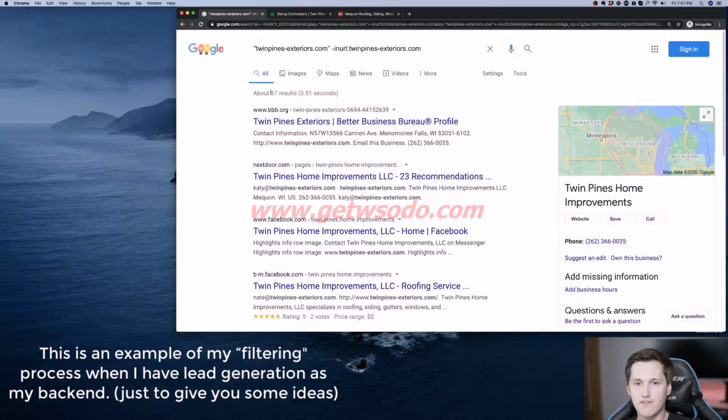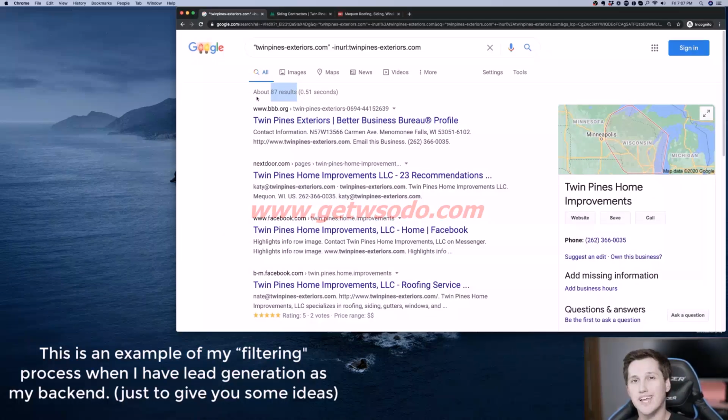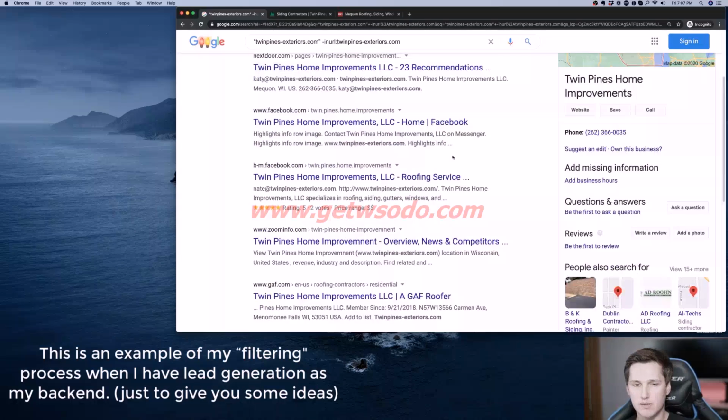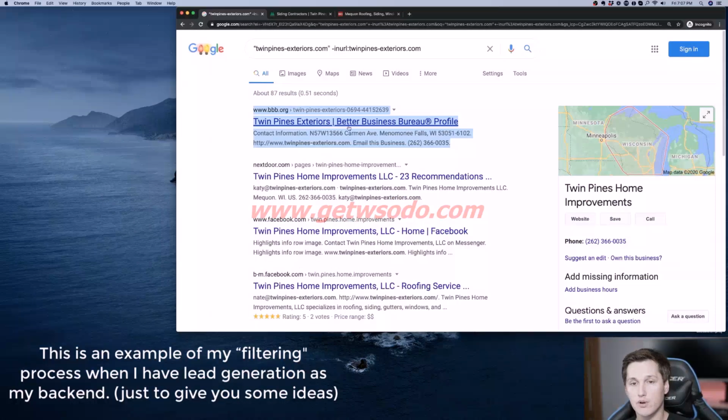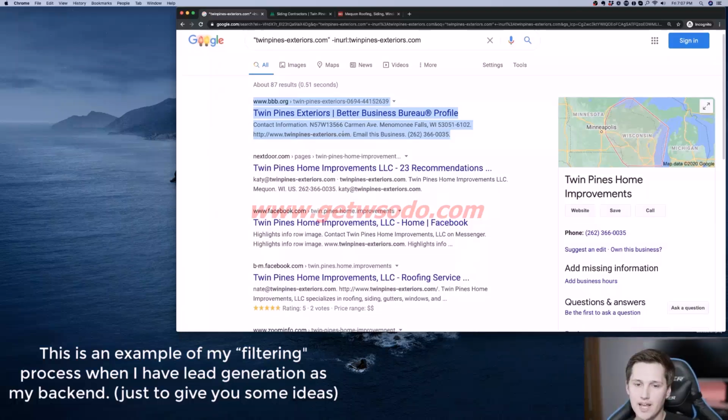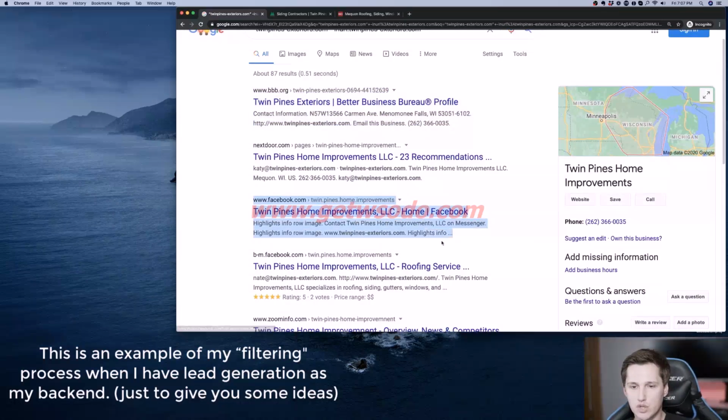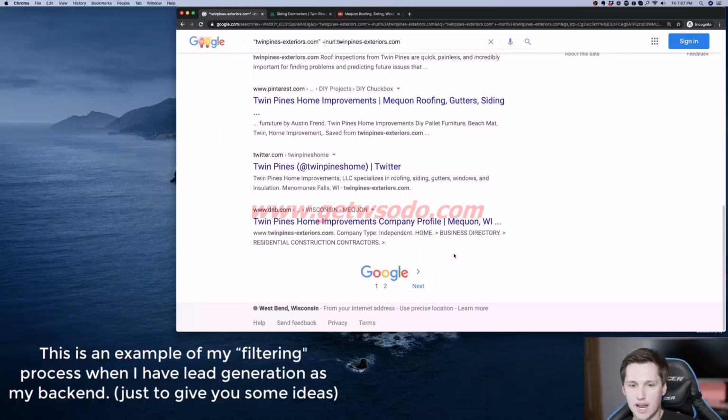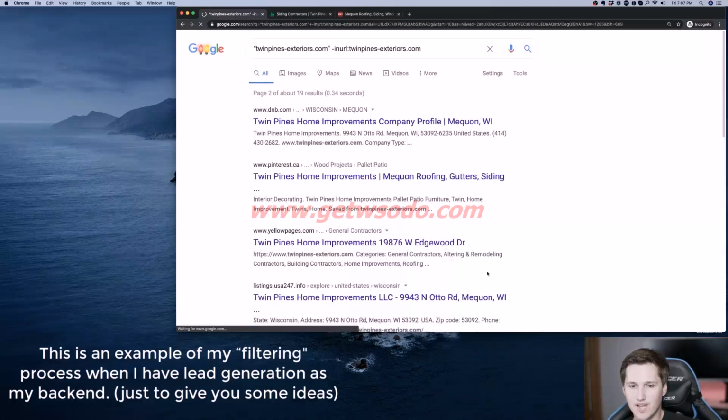Okay, so they say they have 87 results for this, which means that they're listed on approximately 87 other websites. Now, I doubt that that's true. It's probably duplicate results. So I would literally go through and count these one by one and not count the duplicates. Like here I see 2 Facebook pages. We're not going to count Facebook twice. That would be just one. And as I went through, I can see they've only got 2 pages.